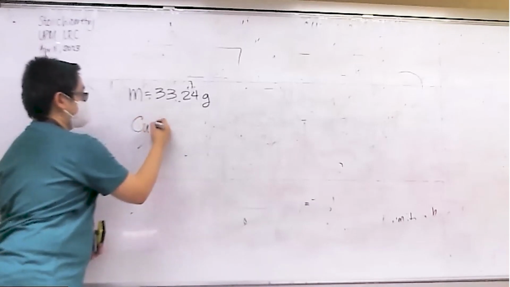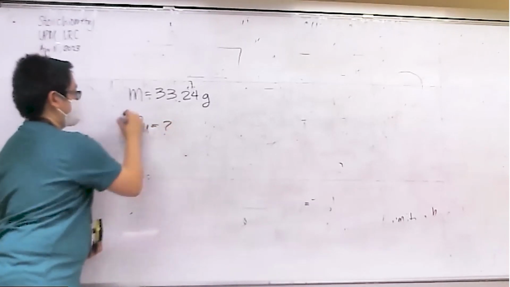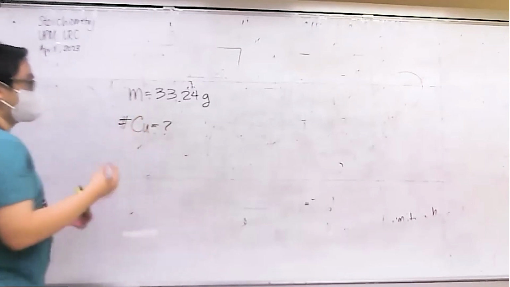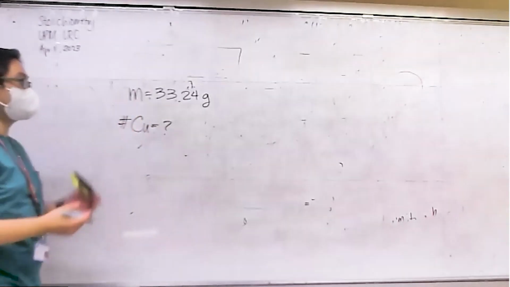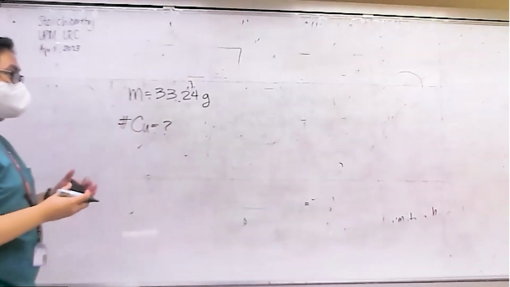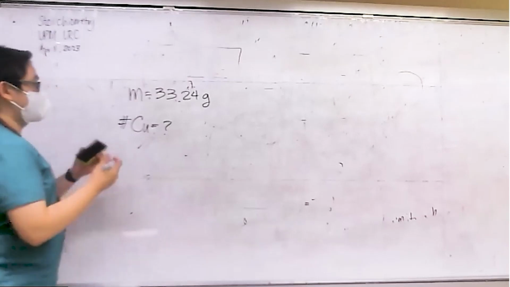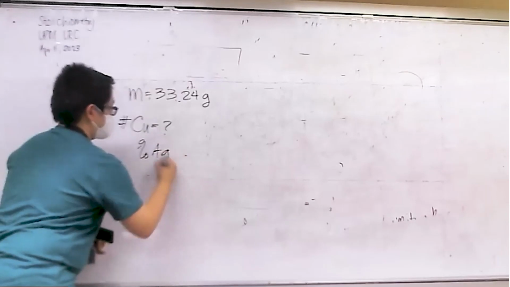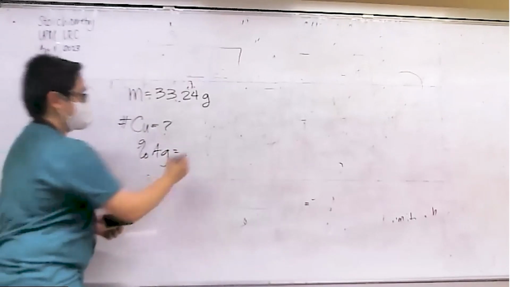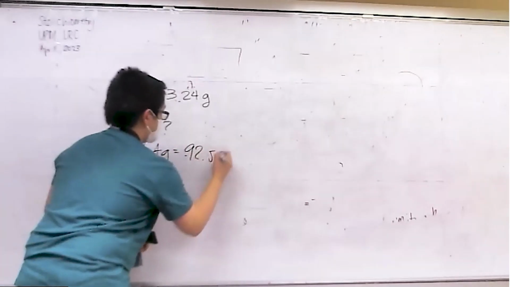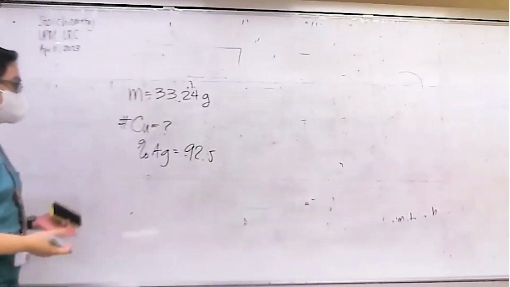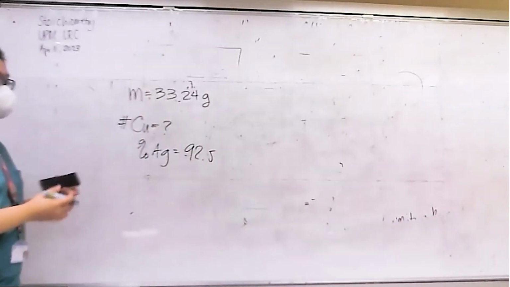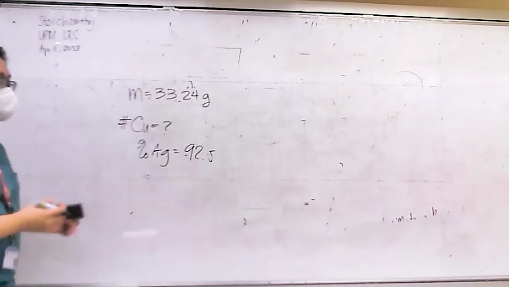So, ito yung hinahanap, yung number of copper atoms natin. Pero we're given yung percent silver, which is 92.5%. And since ang hinahanap natin is copper, instead of percent silver, we want yung percent